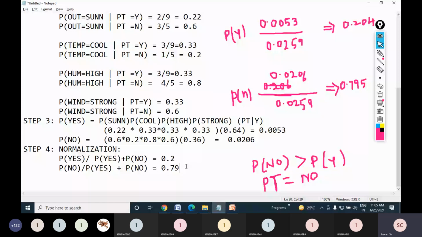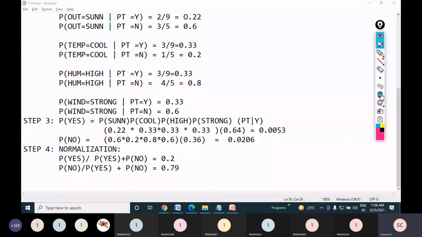So is it clear to everyone how we have solved this problem? All steps in the Naive-Bayes algorithm, the Naive-Bayes classifier, are they clear, my dear friends? Please let me know in the chat box. B5 has responded. Everyone, did you understand how to apply Naive-Bayes?